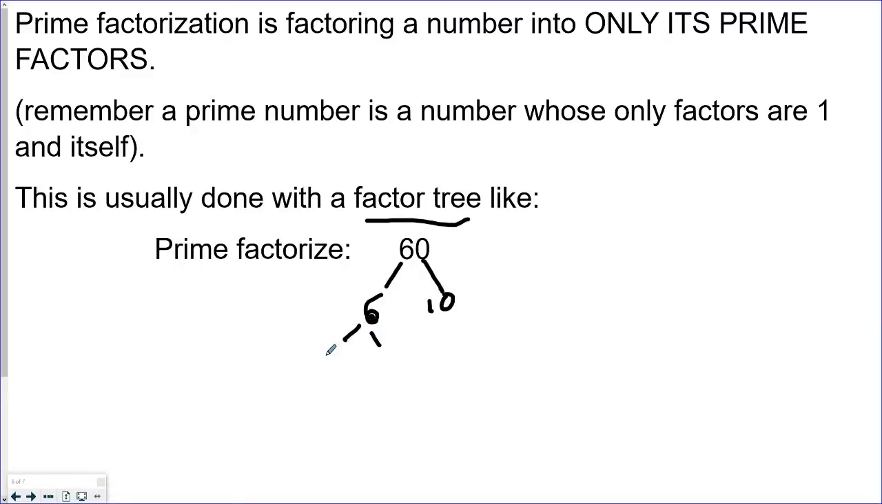I can split 6 into 2 and 3, so it's not prime, so I'm going to do that. I'm going to split 6 into 2 and 3. Then you're going to look at 2. Can I split 2 anymore? Well, no, because the only way to split 2 is by doing 1 and 2, which, again, you don't want